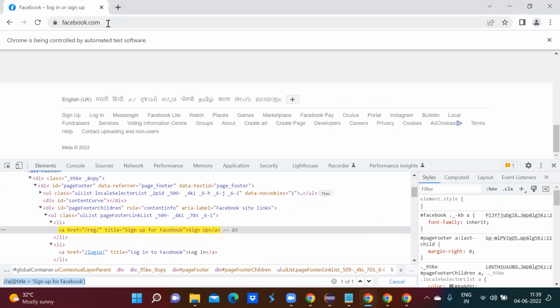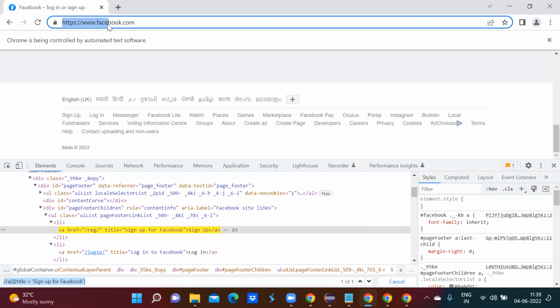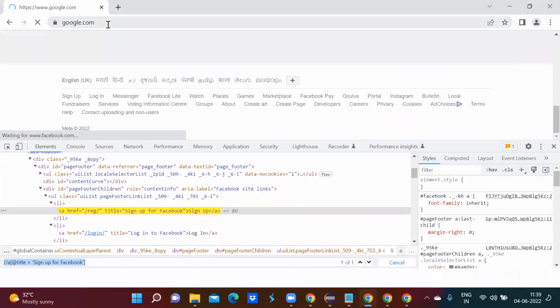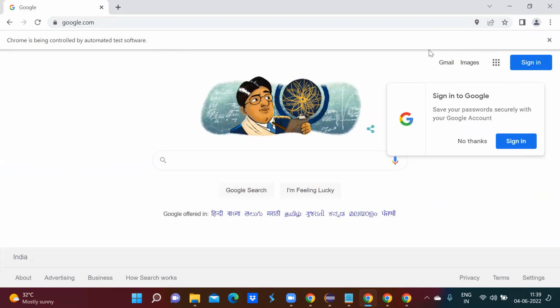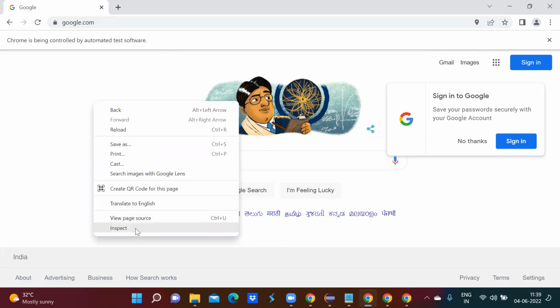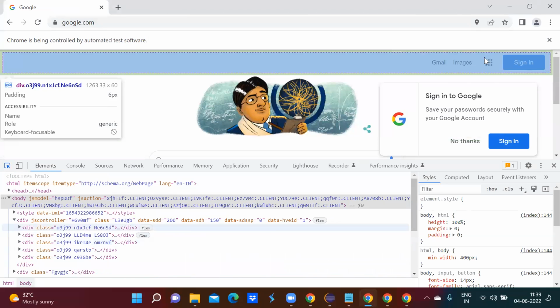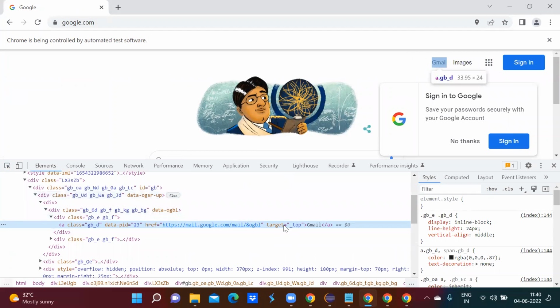Right. Likewise, I can go to google.com also. My google.com has, let's say, this Gmail. So this is the text I have on this link. Gmail is a link, and it has class, data PID, href, target, and then Gmail is the text on the link, right? And if I use this,